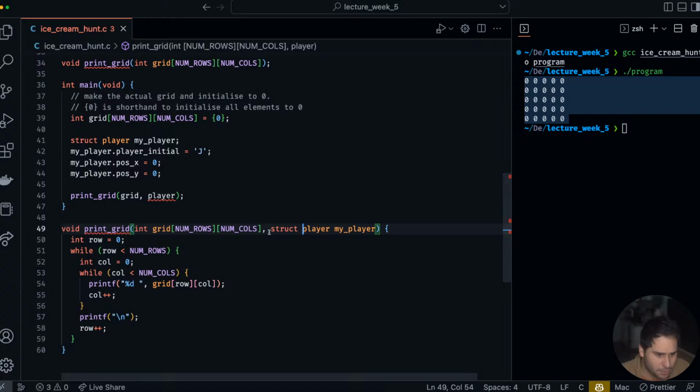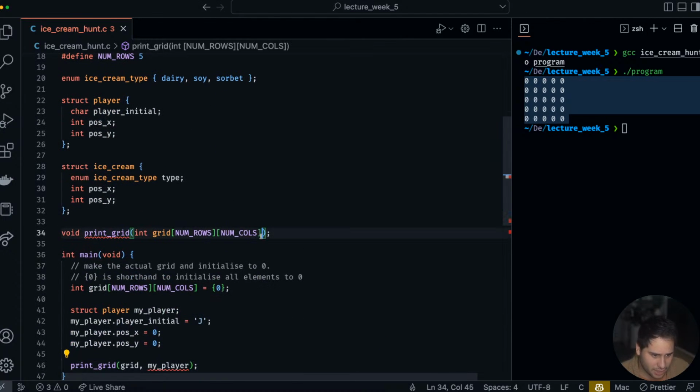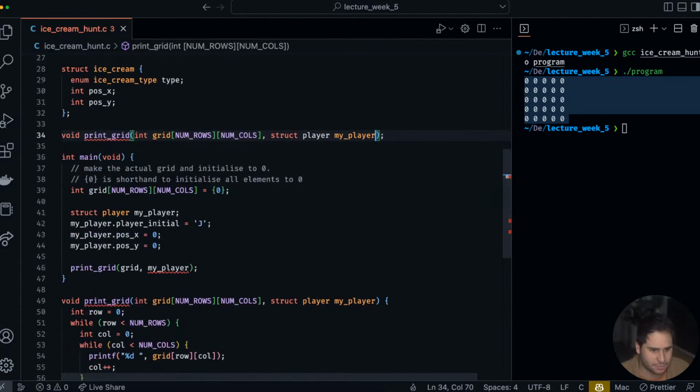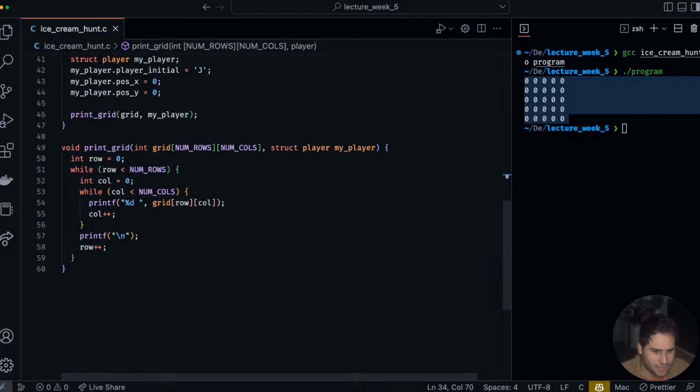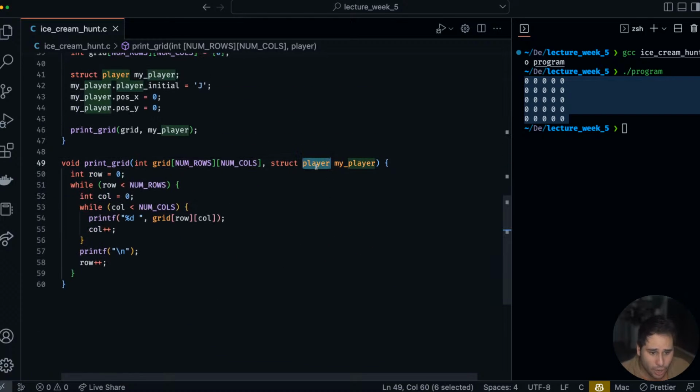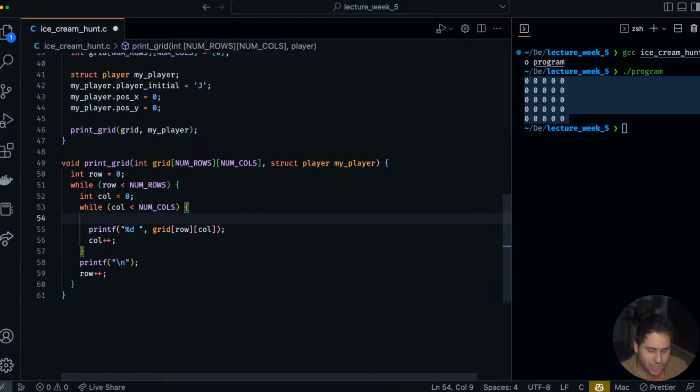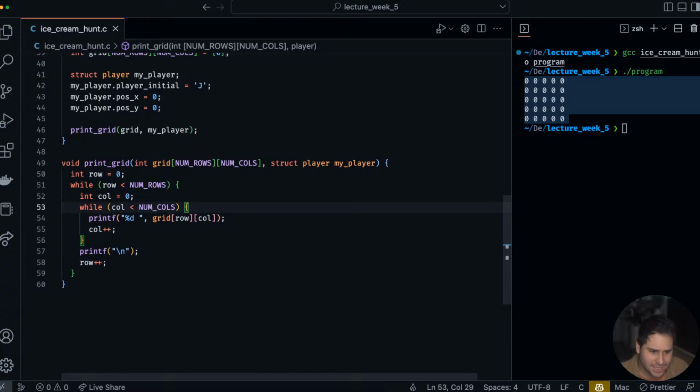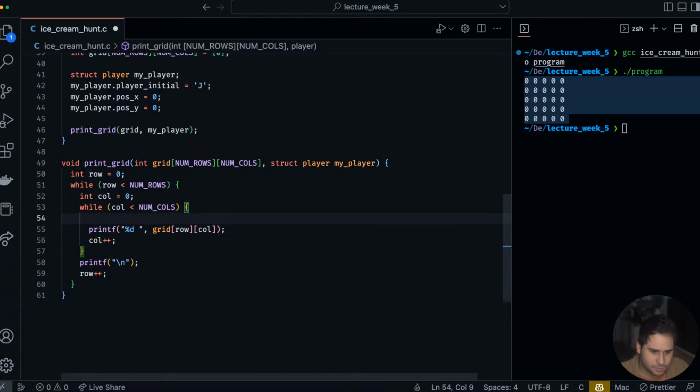Yep. Because we didn't make a type def, and this is my player, that means we'll need to update it here too. Okay, so nothing new there. That's nice. Now, so we know when we're printing where this player is. So what we want to do is we do that, and then we say,